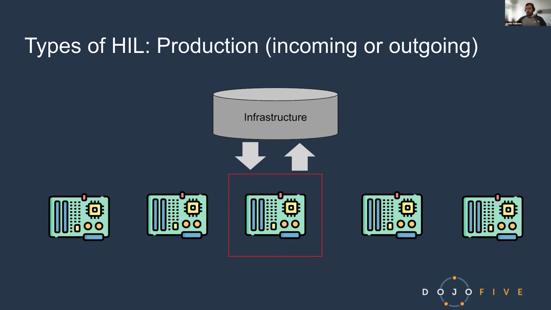For example, in the incoming, you may receive some PCBs from countries that don't take too much care on how they manufacture things. So you will get your thousands of devices and you will test them one by one. Having an engineer doing that full time will probably be too expensive and too inefficient. So if you automatize this, it will be much faster. And the same way goes